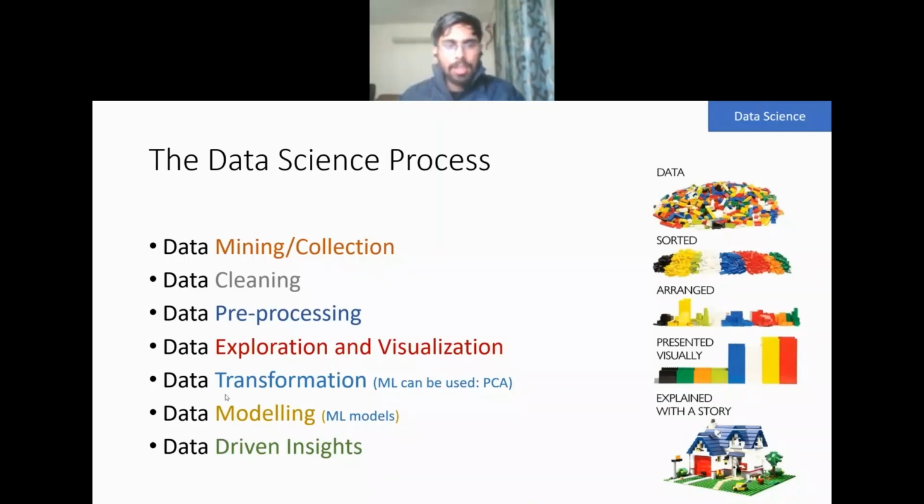The second thing is cleaning, data cleaning. I am very sure you would be familiar with data cleaning. This is a very basic thing which you would have done at some point. You just delete the rows or columns which are not useful, or you just delete that part of the data which is not very useful to you, right? Now, data pre-processing is a bit more advanced, which means that you might need to combine some rows to build a column which is more useful or more helpful for your analysis.